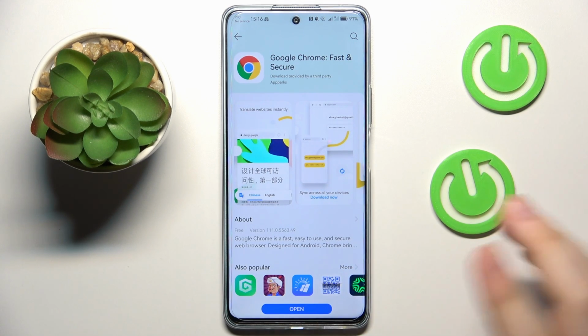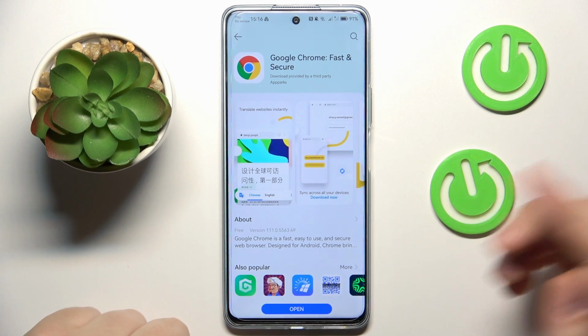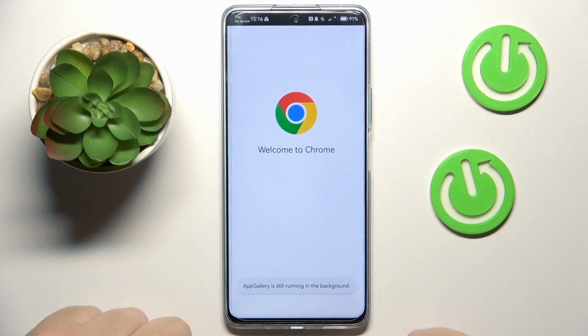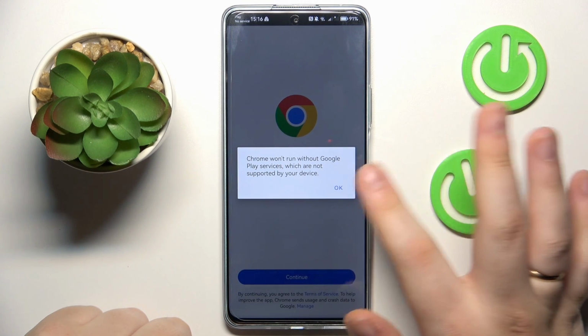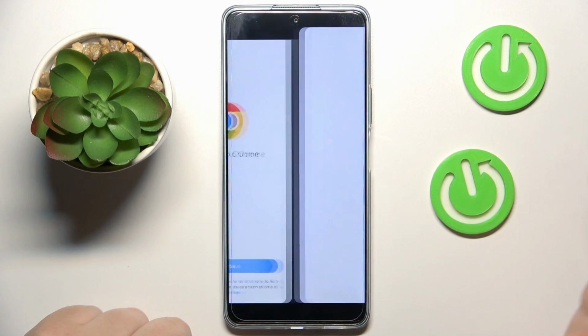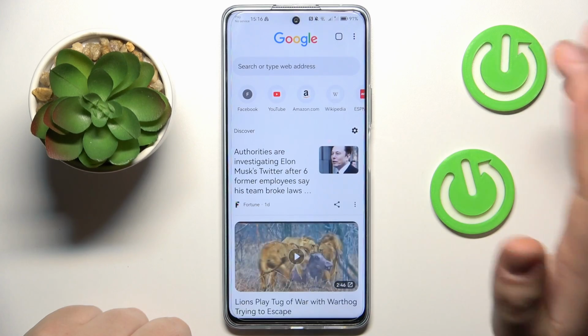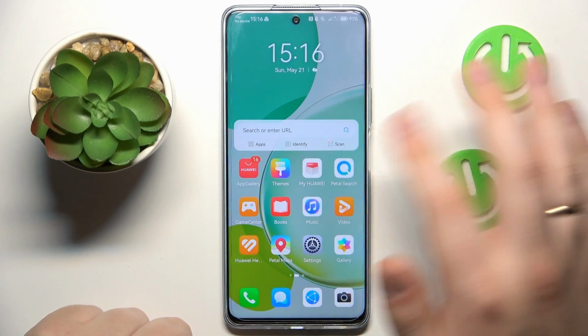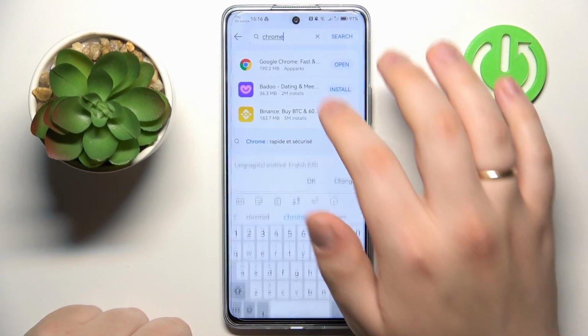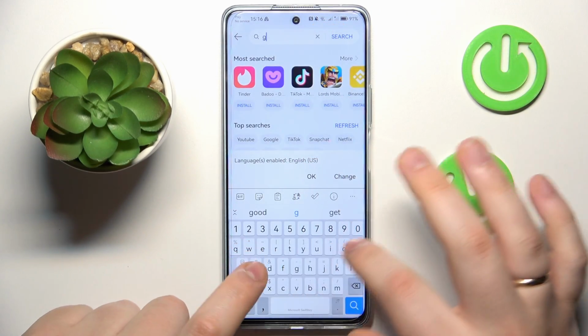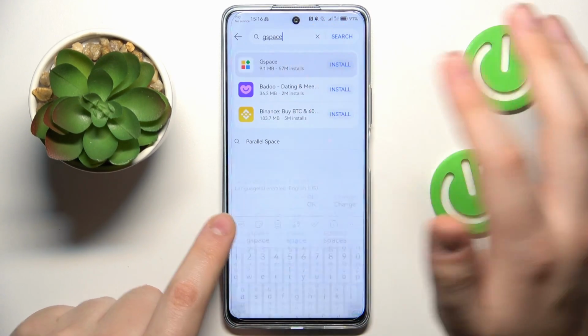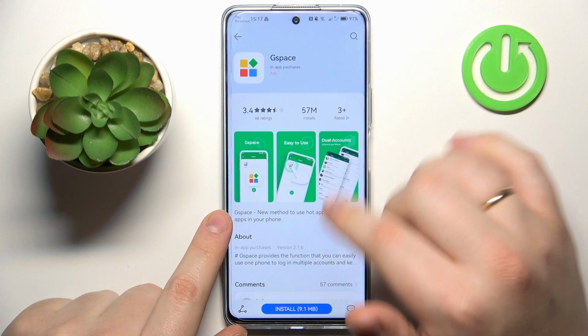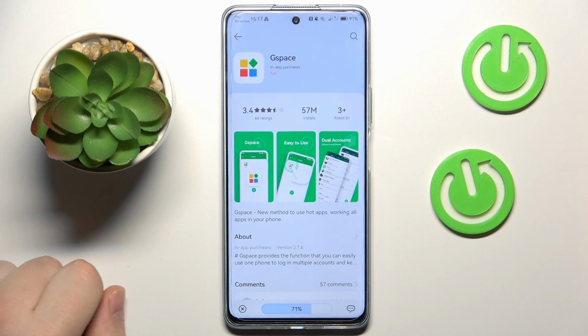So once the app is ready to be opened, simply launch it. And as you can see, the Google Chrome says that it cannot be properly run without Google services that on this device are not supported. So, excuse me, I suggest that you also download the GSpace app from the app gallery as well. This is the app that mimics the